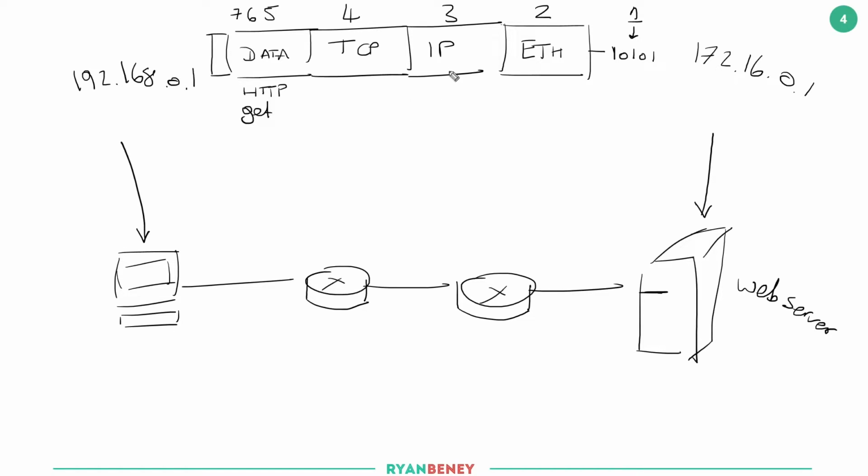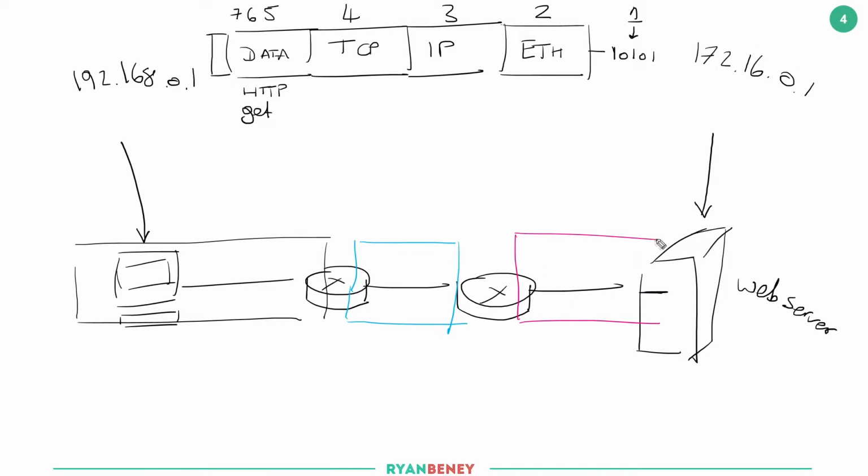Now, initially what I meant by IP between segments and Ethernet within segments is that each one of these here is actually a segment. These are sometimes referred to as segments, sometimes as broadcast domains, and also sometimes as networks. And essentially what happens is as communication passes between networks, the destination and source IP remains the same until it gets to the destination, but the Ethernet header will change